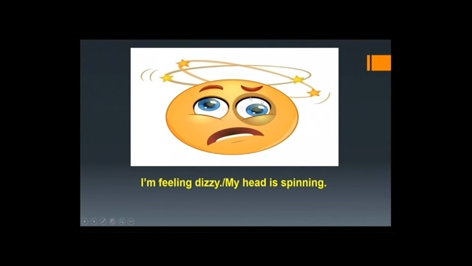So now what you can see here, it's an emoji of a head. Right, so here again it's a very common thing that anybody can feel sometimes, but we can't say that I am observing circles or some I am